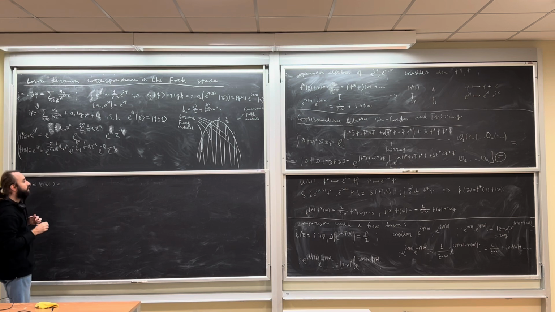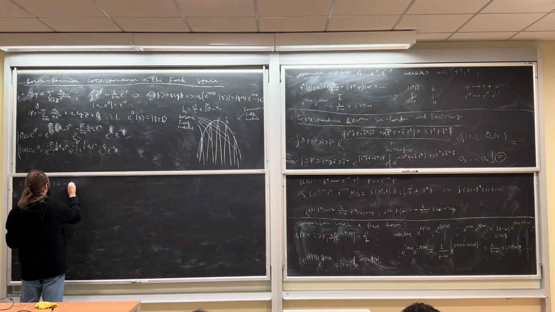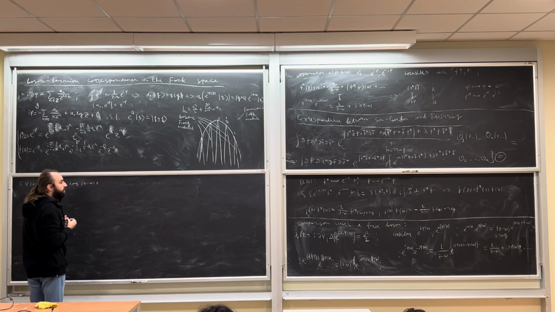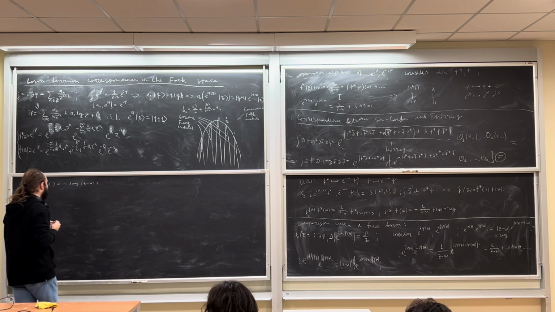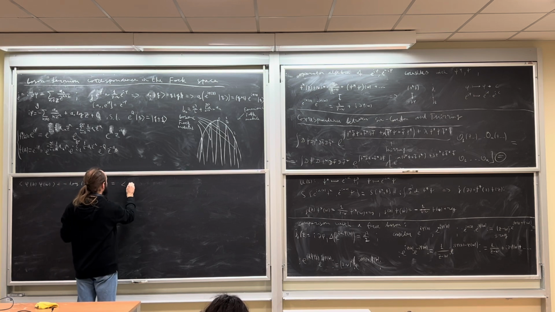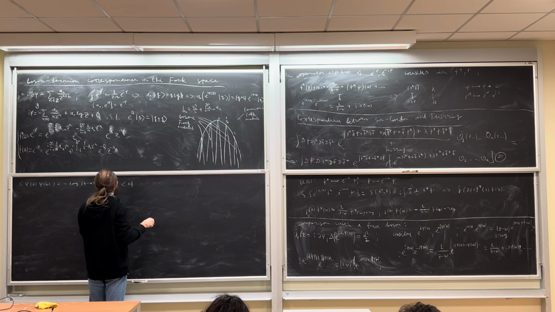So on one side we know that it is minus logarithm of z minus w plus in principle some infinite constant. And on the other side, we know that it is this expectation value of